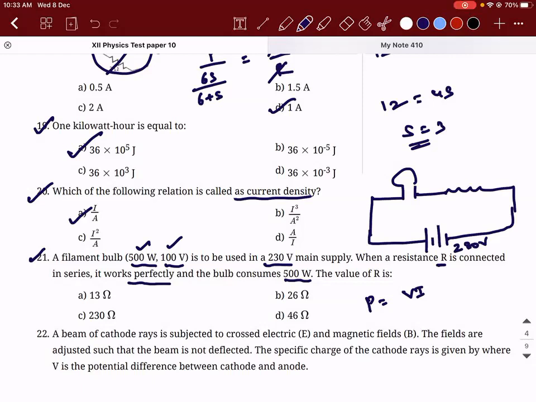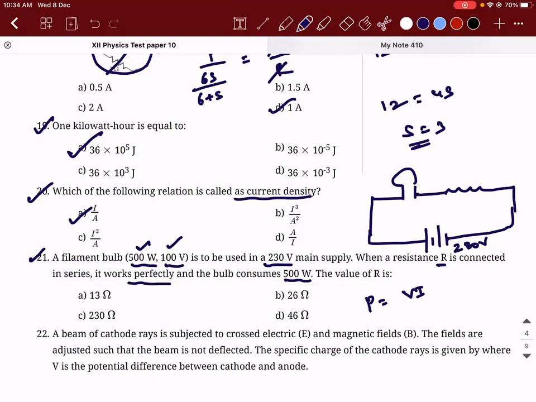Each device gets an equal amount of current, and you will have equal voltage being supplied to everything. The potential difference will be the same. The second important thing is, even if one device is spoiled, the others will be unaffected. Whereas if you take two bulbs and connect them in series, what will happen? Even if one bulb stops working, the other will stop too, because current will not flow through the first or the second one, whichever is spoiled.